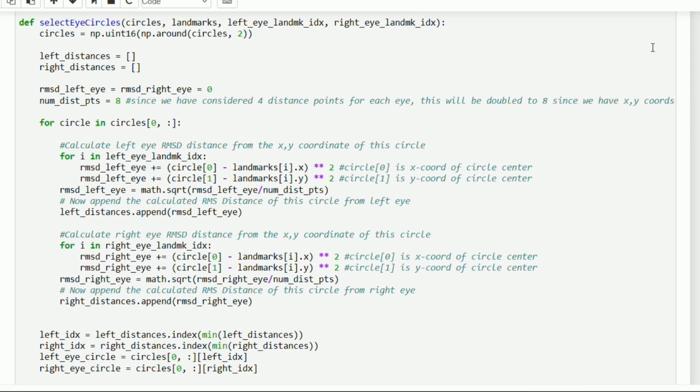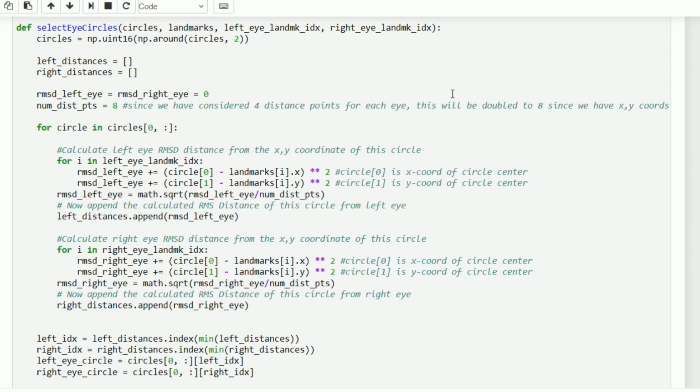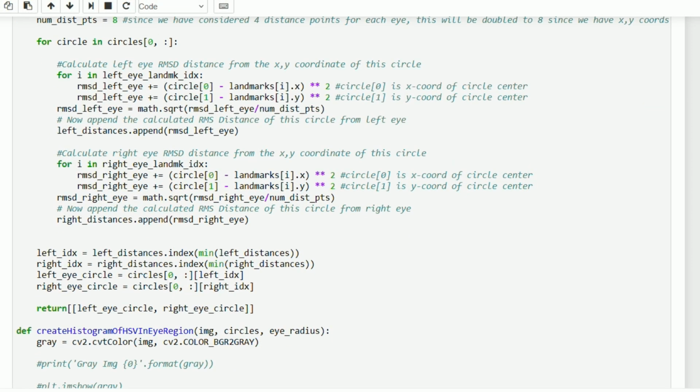Next, we select the circle closest to the left eye by finding the index of the minimum value in the left distance vector and retrieving the circle at the same index of the Hough circles vector. Likewise, we select the circle closest to the right eye. Finally, we return the selected left and right Hough circles as a 2x3 matrix in which the rows are represented